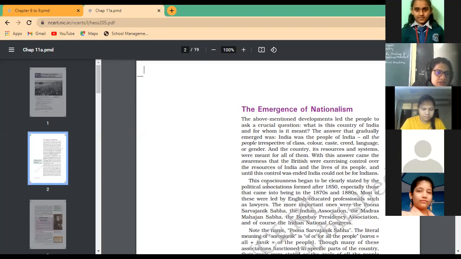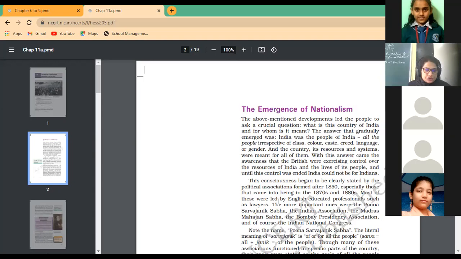So with this answer, awareness spread among the people that the British were exercising control over the resources of India and how they exploited the Indians. This consciousness began to be clearly stated in the political associations formed after 1850. Many people came together and formed associations. The associations formed between the 1870s and 1880s are, everyone underline,